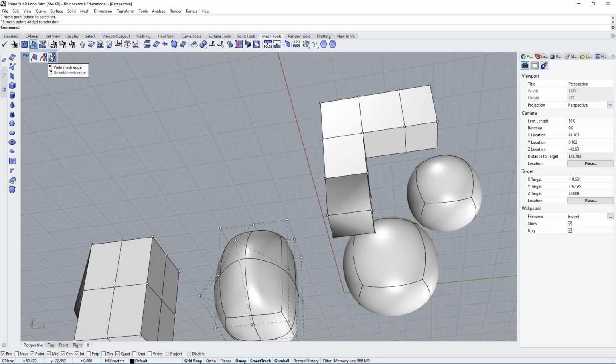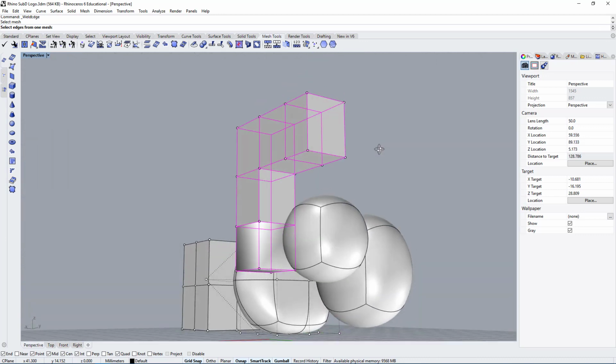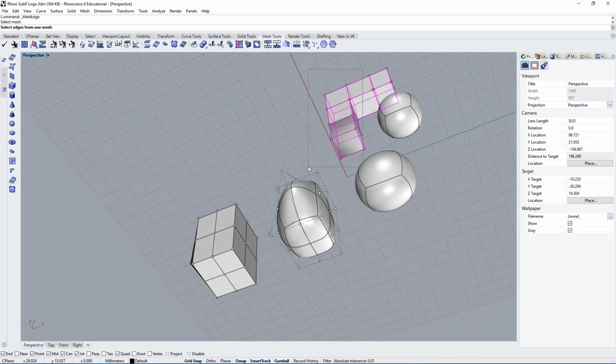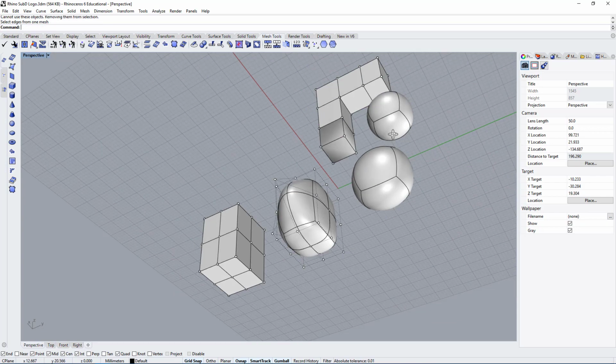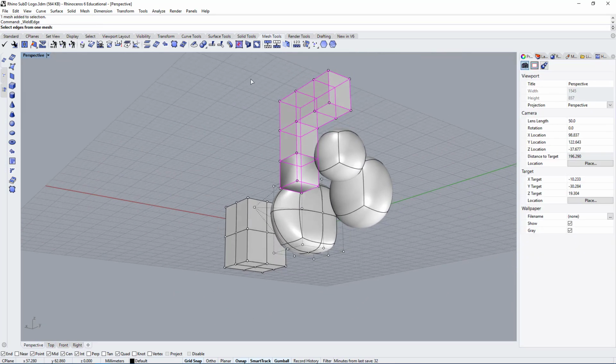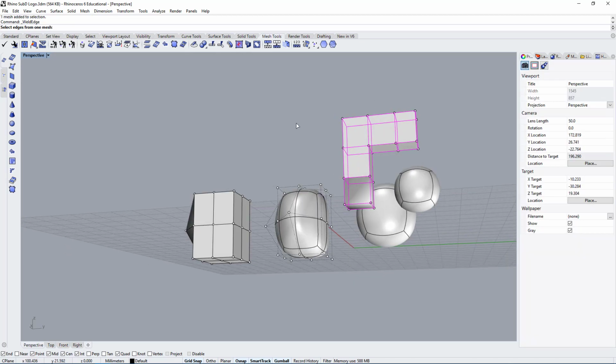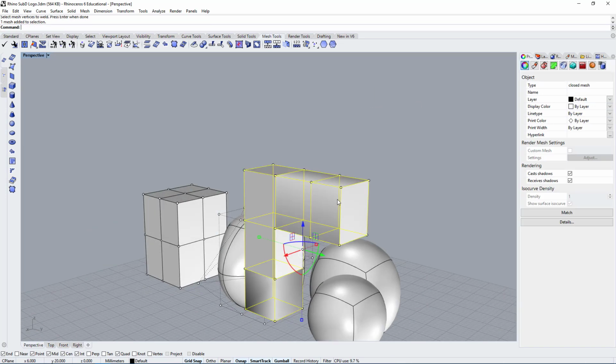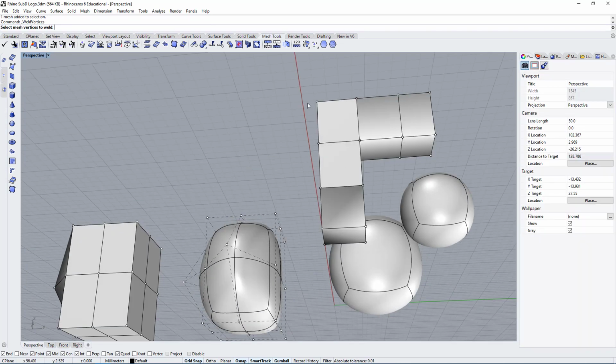So I will click on this one and click on this object. Let's see if we can join everything up here, press enter. Let's try that again, and it doesn't work. So yeah, mesh in these softwares is very difficult to work with. So let's try to weld the vertices really quick, and it seems like it's working for the vertices. Okay, so let's try welding all of the vertices.